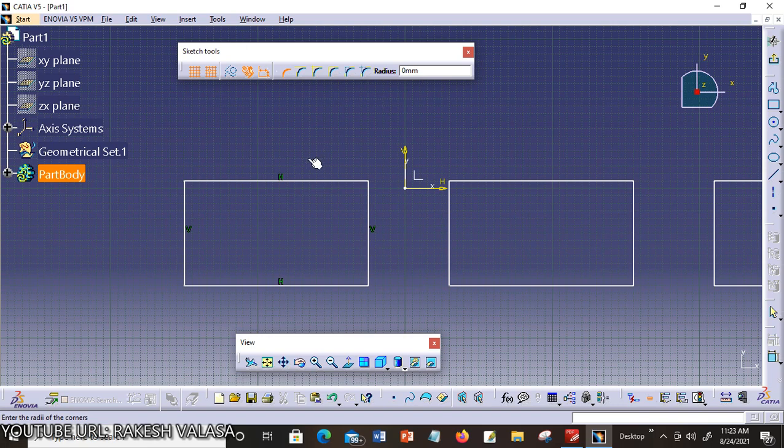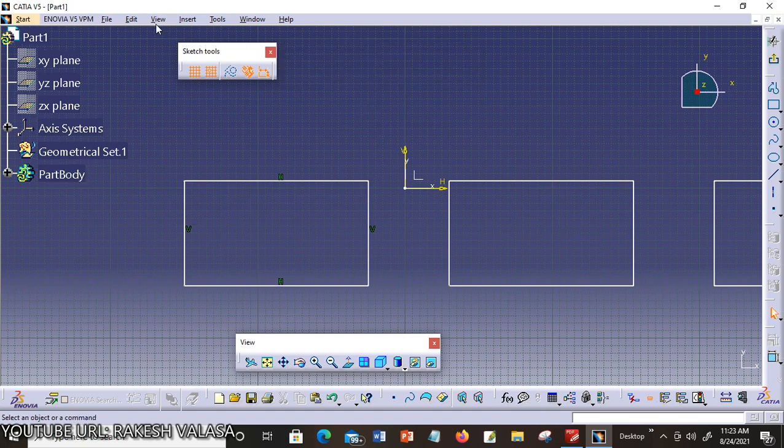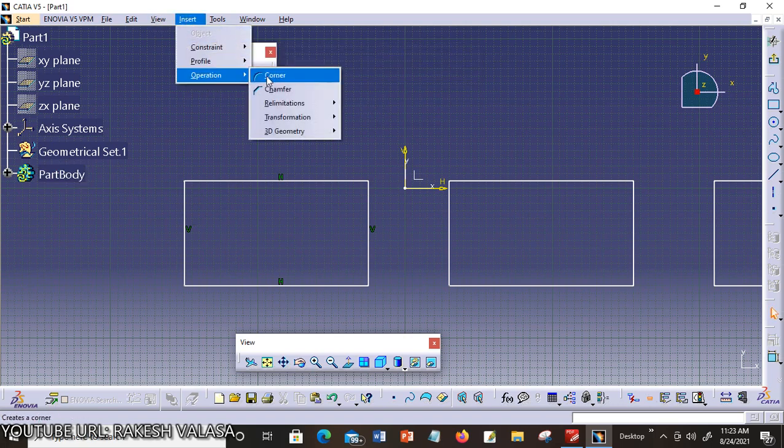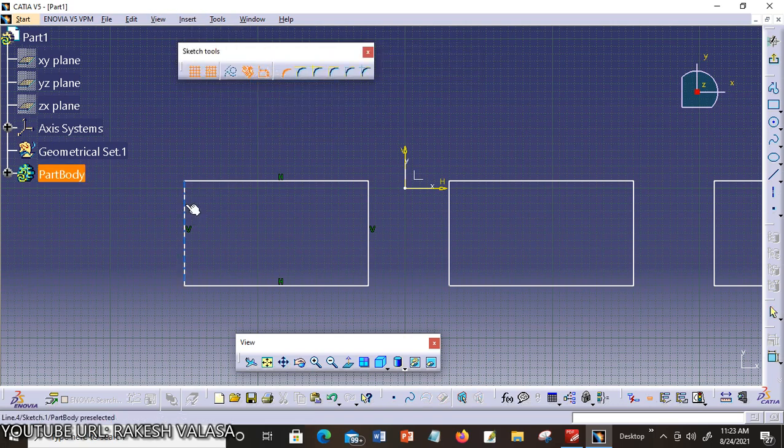Let us see the first one, trimming both lines. Select the trim all elements option. That option is already chosen. Select the two lines in the rectangle, Insert, Operation, Corner. Now I am choosing these two lines and the two lines are joined by the rounded corner, which moves as you move the cursor.